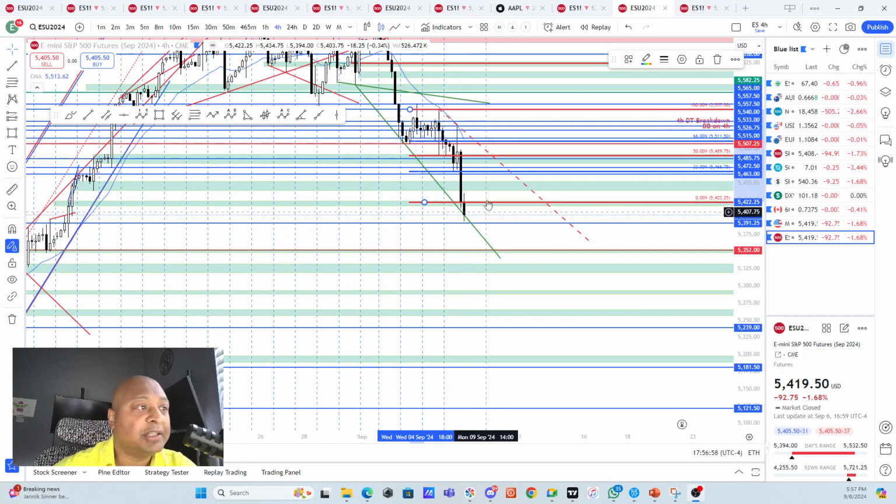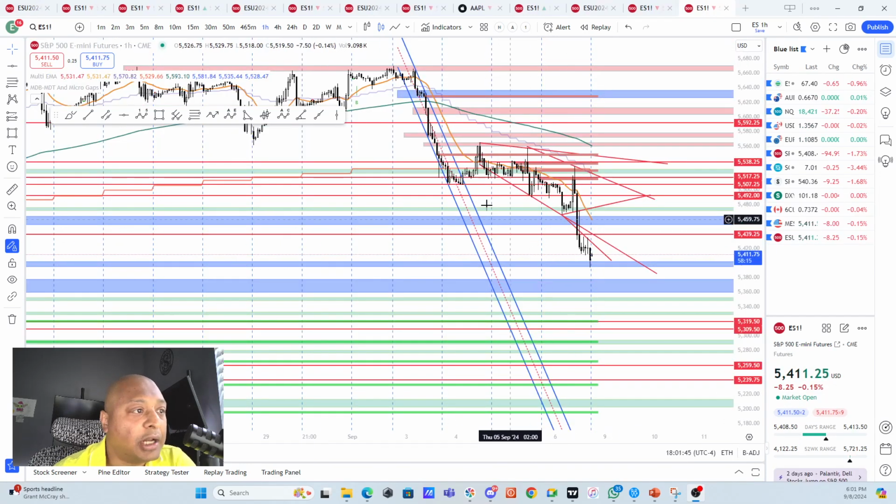One more noticeable thing on the 4-hour chart is that this was the 4-hour mother bar that we had. If you see, this particular 4-hour candle actually completed that 1:1 of that particular mother bar. But then we had a follow through, which is pretty bearish, right? Now at this point of time, this 5422.75 or this whole 5418 to the 21 area can act as a very good area of resistance as well.